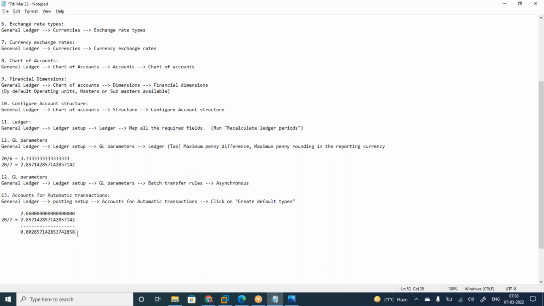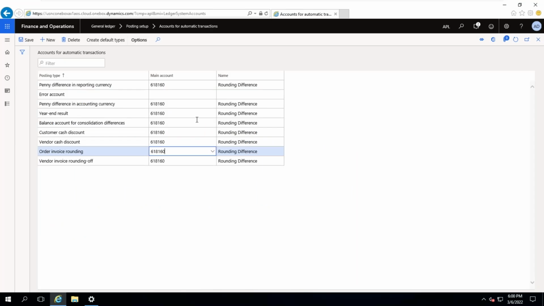If you sum up these two, it will become this one. So in the front end, it is displaying this one. In the back end, it is going to store like this. The difference should be calculated and posted to some account. Actually, it is 0.00 some values. Am I right? Those values will be posted to this